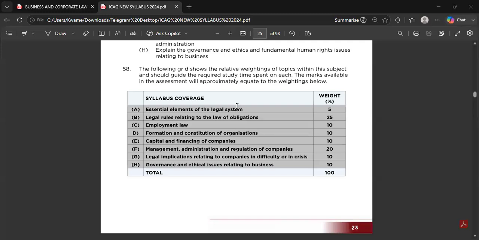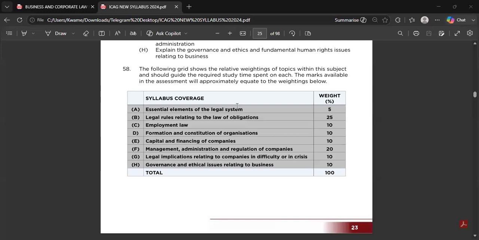Then we saw the judicial system, how it moved from the Supreme Court all the way down to the district level court. For each court, we have the number of justices or judges that should be present for court proceedings to take place. They all have their various jurisdictions, the cases that each court can handle. All that falls under the elements of the legal system in Ghana. Remember, it's in Ghana.